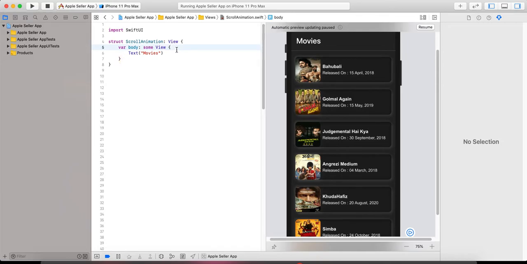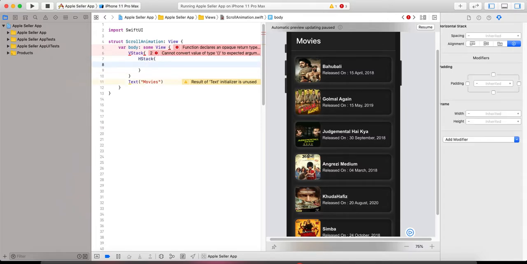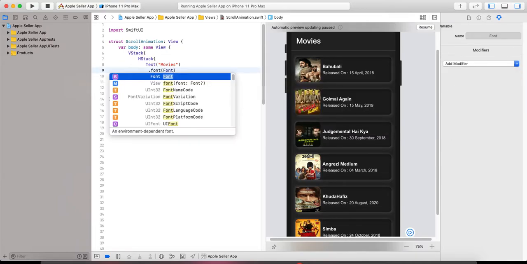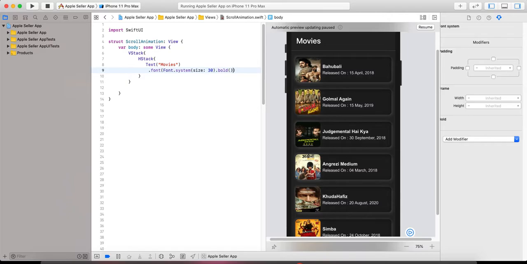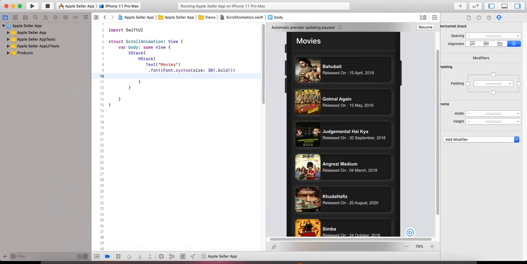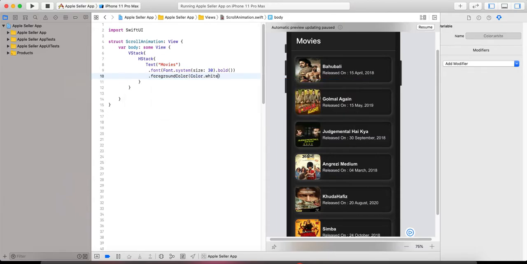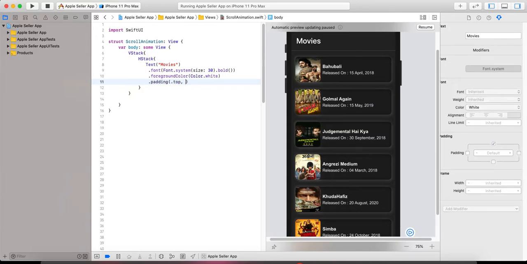We will create a vstack, and inside the vstack we will create a hstack, and then there will be a text "Movies" with a font of system size 30, font of system size 30 dot bold, and foreground color dot white. It will be for setting the header, padding top 50,